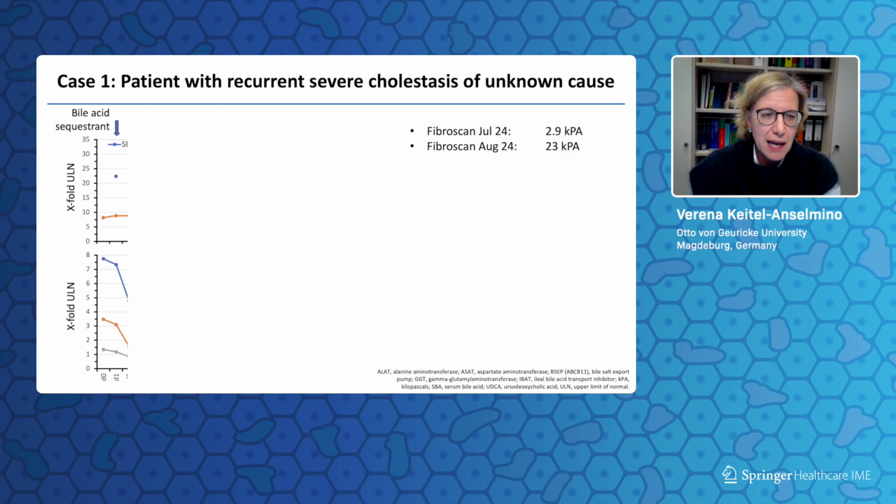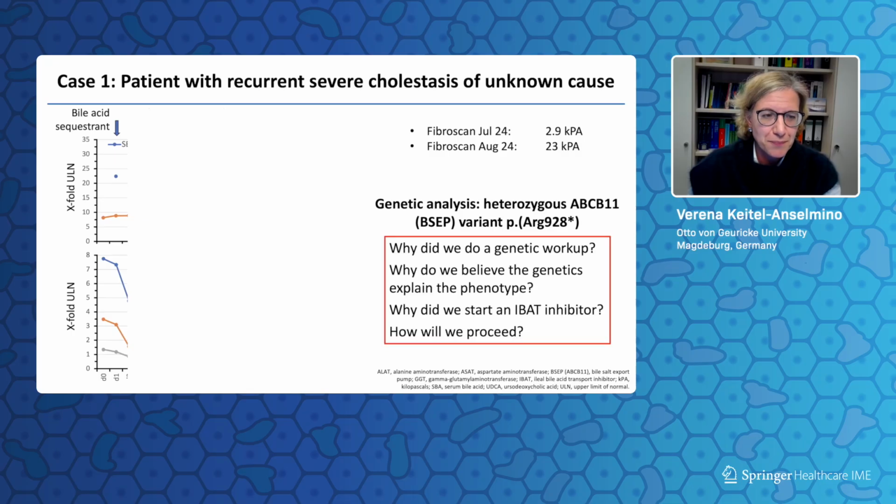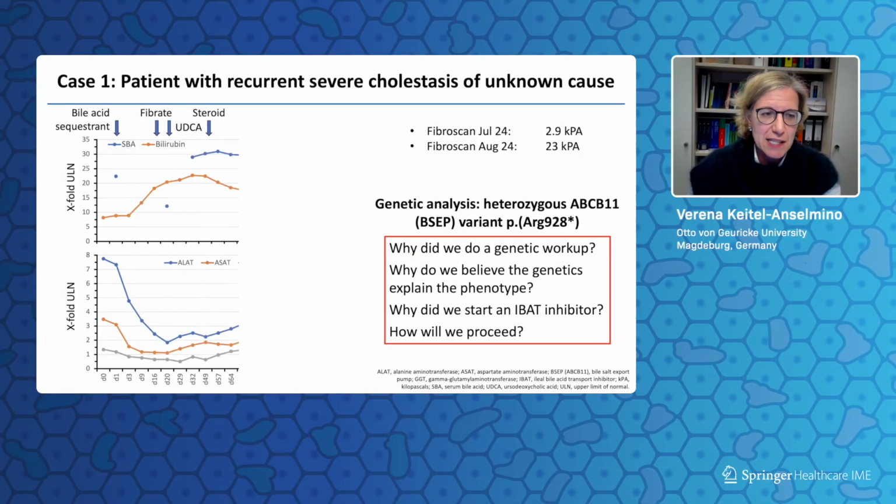If we look at the lab values of this patient, on the top you will see bile acids and bilirubin, and on the bottom the transaminases, depicted as x-fold the upper limit of normal. You see that the patient has very high bilirubin levels, up to 30 times the upper limit of normal, and he also has serum bile acid levels 30 times the upper limit of normal. The transaminases, which were really high at the beginning, actually reduced by themselves, and as you see here, gamma GT